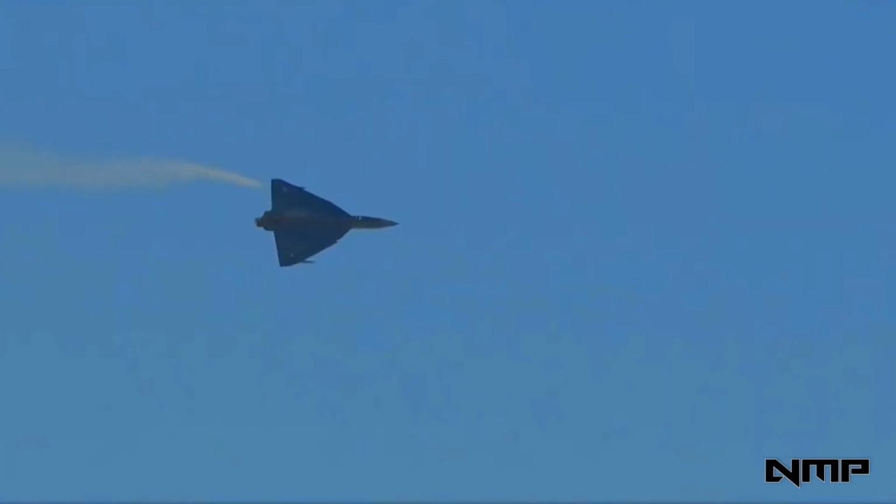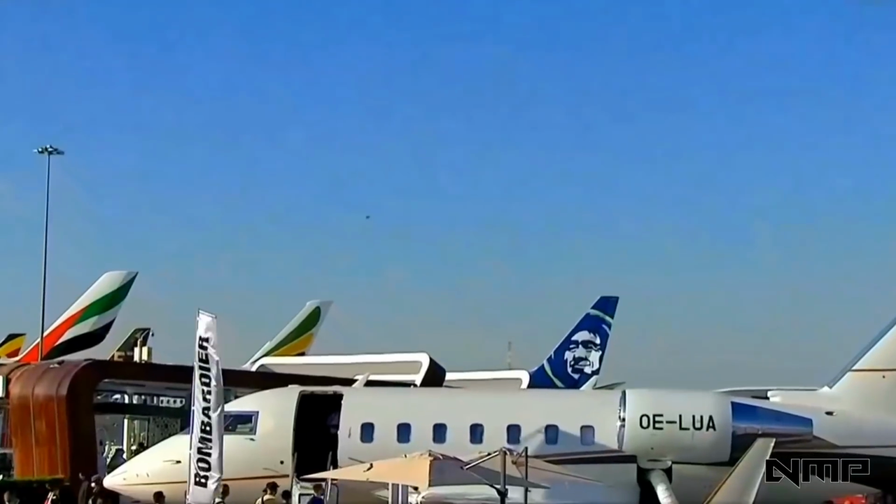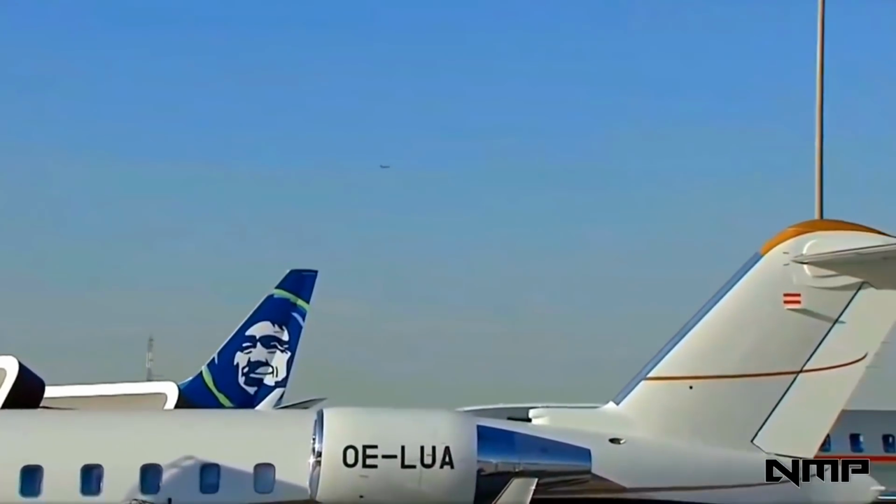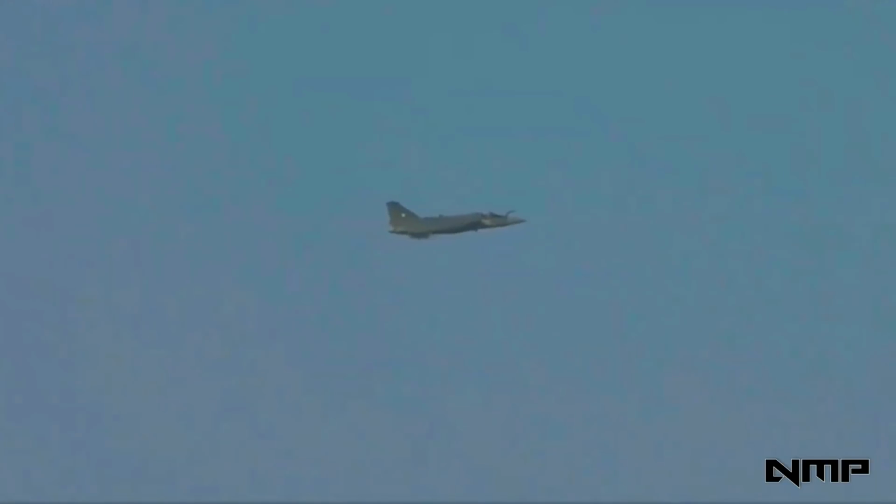Atmanirbhar or Saksham, which means self-reliant and capable. That is the message we bring to you through this beauty of a machine, in terms which all aviators and aviation enthusiasts understand all too well. As Tolly positions on downwind for a curved approach to land, let me take this time to tell you a